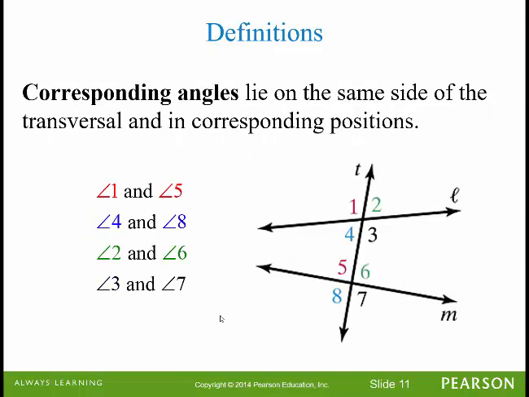Corresponding angles lie on the same side of the transversal and in corresponding positions. Right? So corresponding angles are 1 and 5, 4 and 8, 2 and 6, and 3 and 7. All right, so they lie on the same side of the transversal in corresponding positions. So for example, why 2 and 6 are corresponding: here's a transversal, on line L it's on the top right. Here's line M, with the transversal, it's on the top right there. That's what corresponding angles